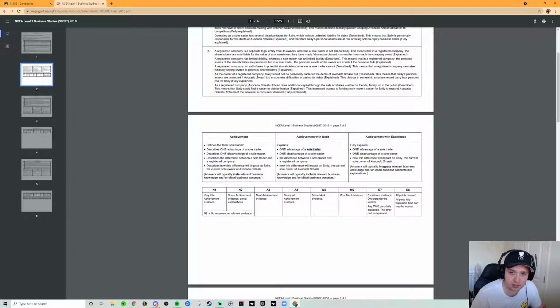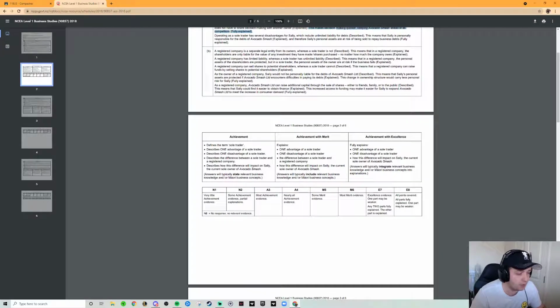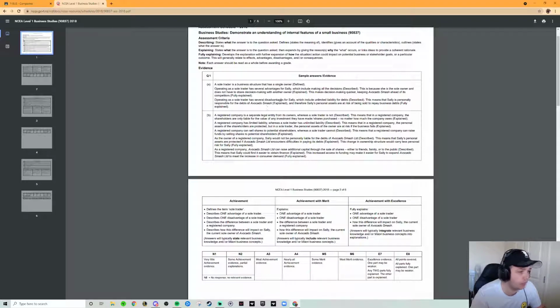Okay, well, did I explain one advantage of a sole trader? And if you're thinking, well, what's the difference between describing and explaining? That's when you go up here and you have a look at, well, this is what describing is, this is what explaining is, and then the depth needed for excellence, which is to fully explain, this is what's needed. So start with these little drop downs, start with the bullet points, and if you're not sure whether you've hit the criteria for achieved, merit, or excellence, then it is best to jump up here and have a look at